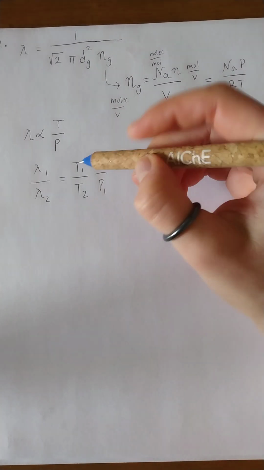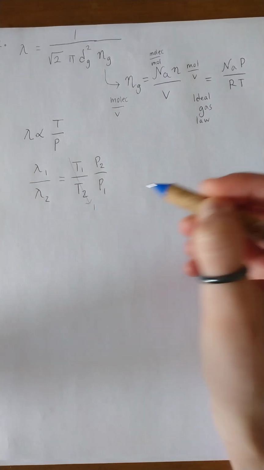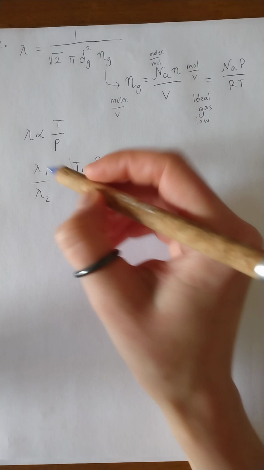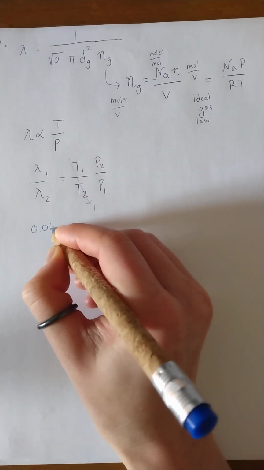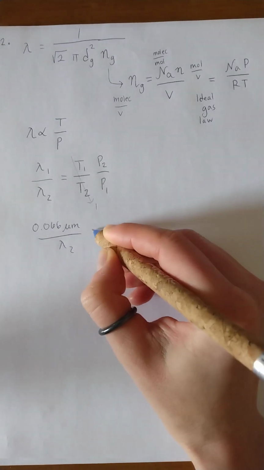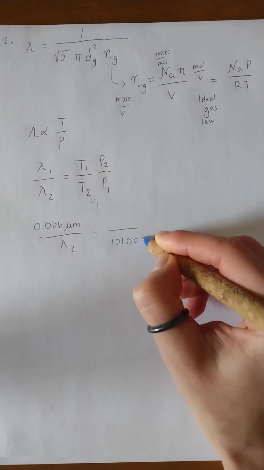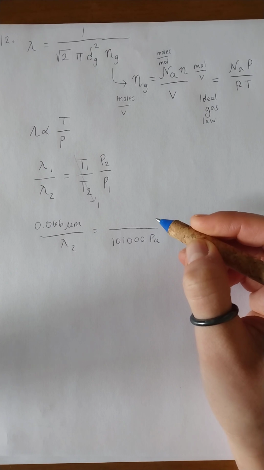And since in this case we don't see anything about temperature changing, only pressure, then the ratio of temperatures can equal 1, and we can use our mean free path of air at standard conditions, or in this case just standard pressure, to calculate our mean free path at non-standard conditions. So standard pressure is about 101,000 pascals, and we're interested then,